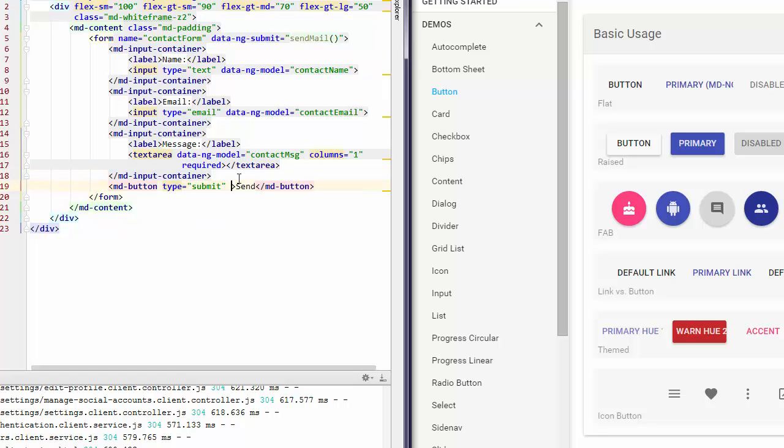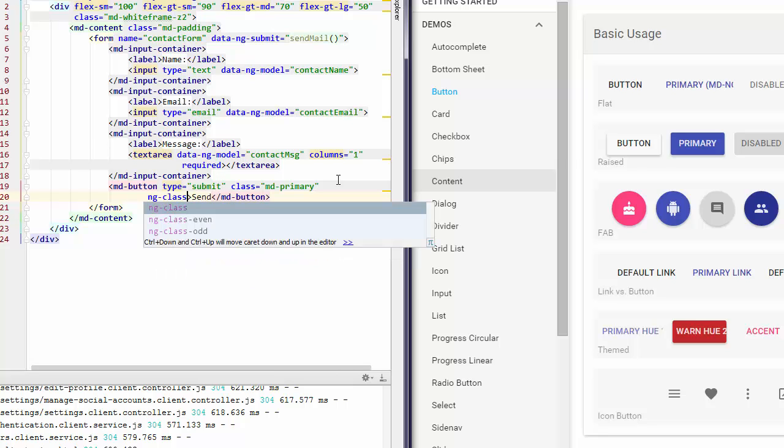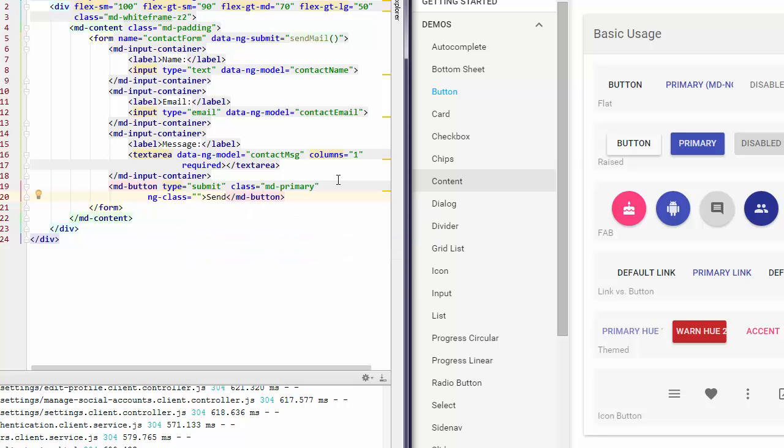I want to add a few classes to this. So class is going to be MD primary, which will just give it a slightly bluey color like that one there. And I'm going to add an ng-class as well. So when the form is ready to be submitted, I want the button to actually change. So ng-class, and inside this, I'm going to do MD raised, MD hue1, and it's going to be these things when the contact form, which is that guy there,